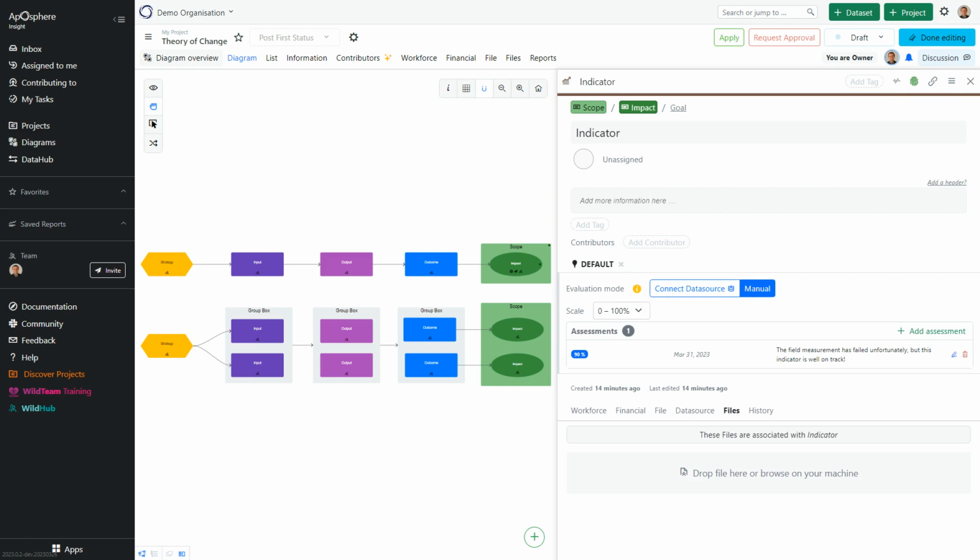This brings us to the end of this video. We have seen how to import datasets from different data sources into the DataHub. We have also learned how to link an indicator to one of those datasets from the DataHub in order to evaluate the